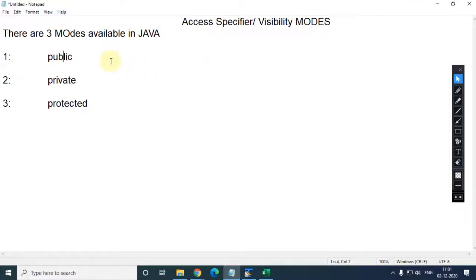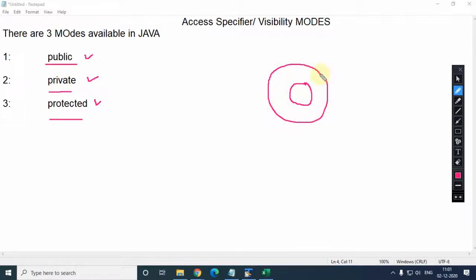So please try to understand these things. Basically these are the access specifiers, or you can say the visibility modes, and these provide the visibility to your data member. I am going to explain these things with the help of an example.